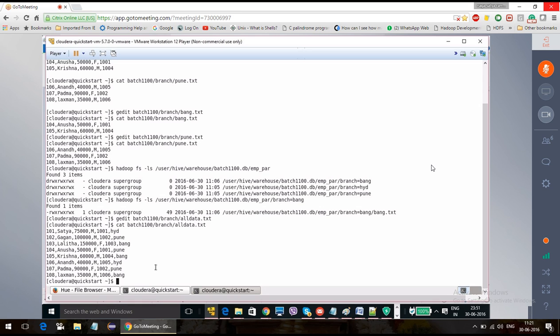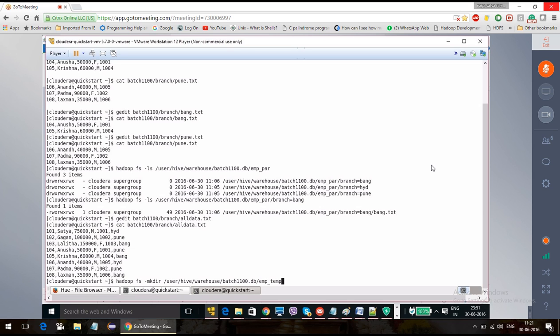I am going to create one directory on the same thing. Hadoop fs -mkdir /user/hive/warehouse/emp_temp.